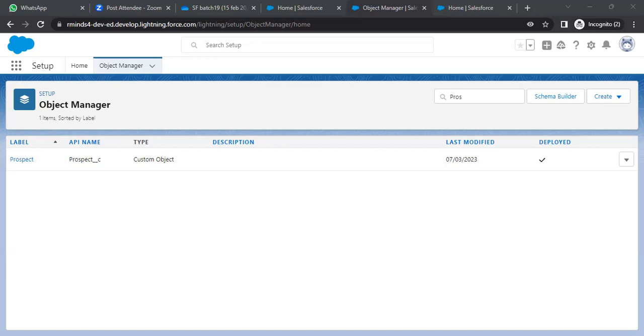When I say candidate, it's prospect in my system, but you can create it as candidate in your system. We will be creating all these fields with the help of schema builder. So we saw how we created an object in the schema builder. Now we would be creating